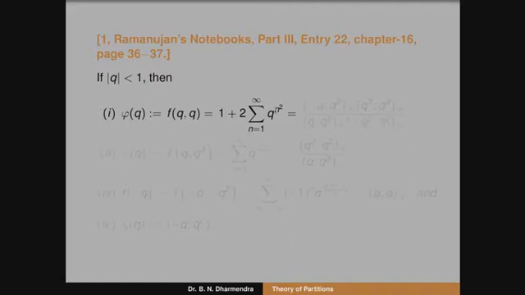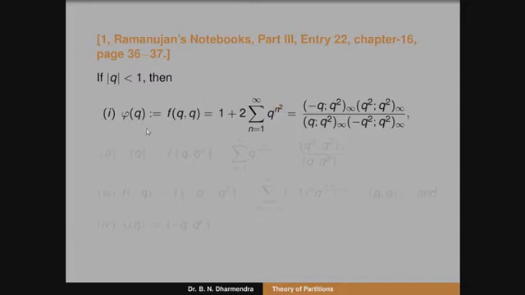Now observe that in this first special case of Ramanujan's theta function, the power is n squared, that means a square number. This is a very special case, and it can be written in terms of a product, that is, (-q; q²)∞ squared times (q²; q²)∞, divided by (q²; q²)∞ times (-q²; q²)∞. So this is the first special case, where the power of q is a square number. When I replace both a and b by q, f(q, q) is equal to phi of q.